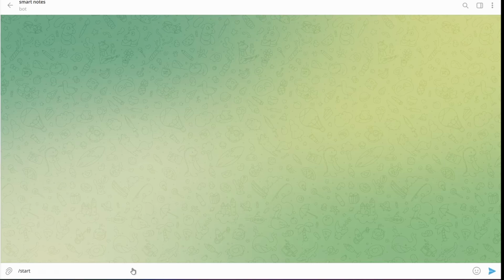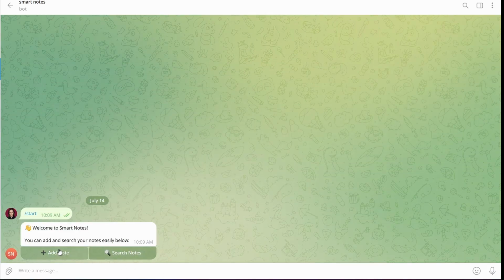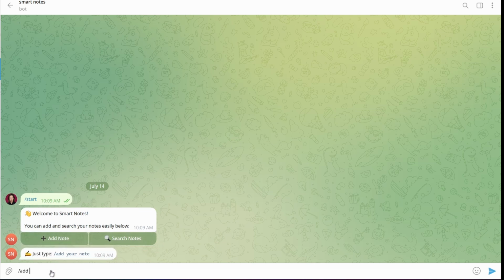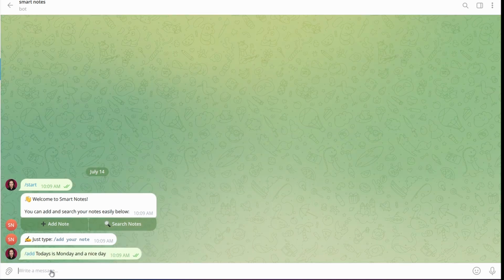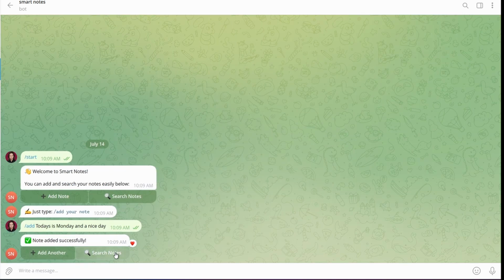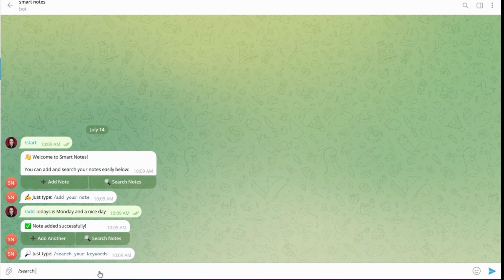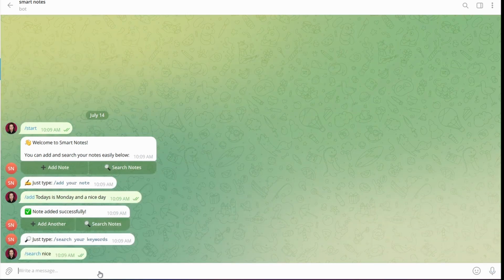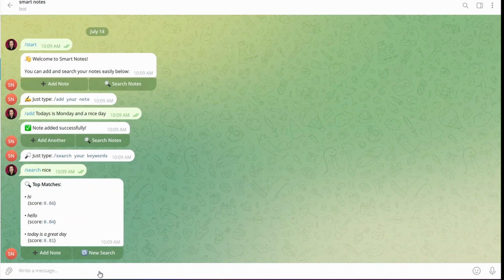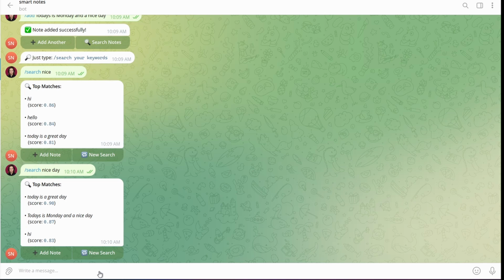Today we are diving into something really exciting. We are building a smart note-taking assistant, which is powered by AI, vector search, and chat automation. This smart notes bot lives inside Telegram. It understands your queries using real AI embeddings. You can save your thoughts, to-do lists, your notes, and later search through them, not by exact keywords, but by